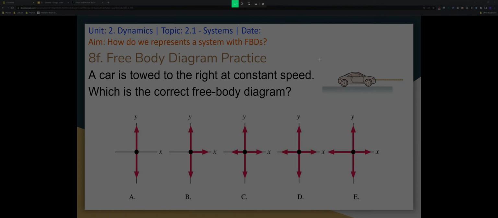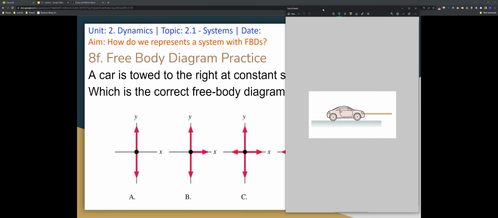So a car is towed here at constant speed. Again, you know that you're in equilibrium if you're moving at constant speed, right? The problem says so. Which means that if I have a tension force this way, and it's moving at a constant speed, there has to be a force due to friction there, right? My forces add up to 0, so my force due to friction is equal to my tension force. And there's also a force due to gravity acting downward,